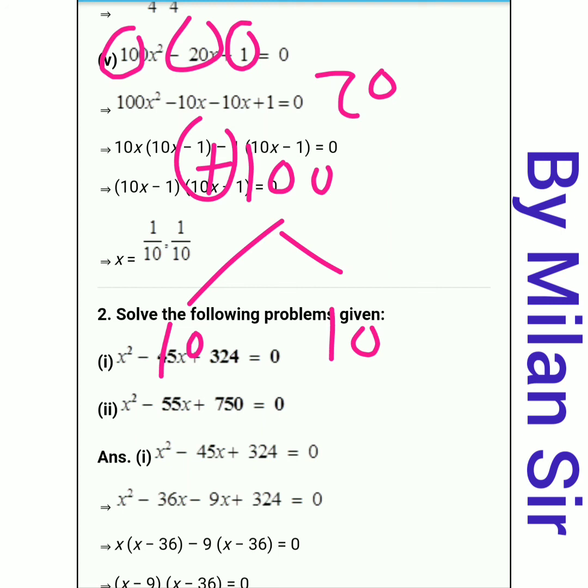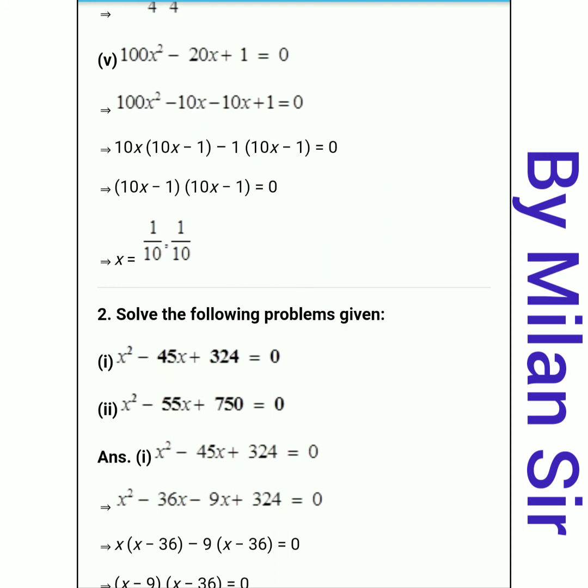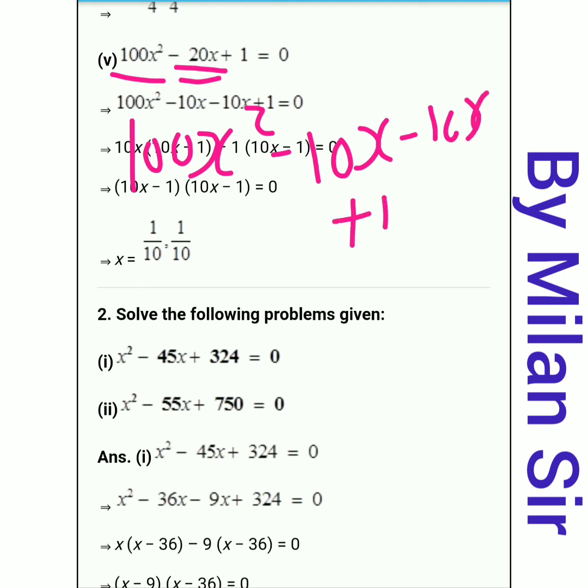One more thing, here we have plus sign, so we need to give the same sign to both these factors. Okay, and this same sign is the middle term sign. Here our middle term is negative, so we need to give a negative sign to both these factors. So minus 10 and minus 10. Okay, now our first term remains as it is, 100x square. Then in place of the middle term we write our two factors, minus 10x, and at last we have our last term plus 1 is equal to 0.